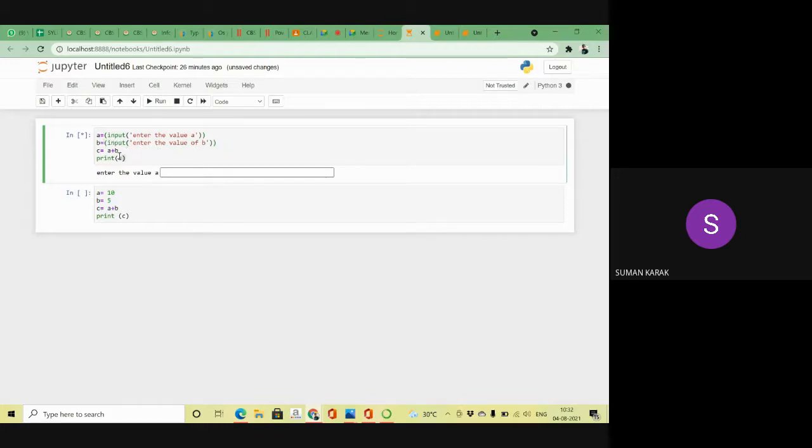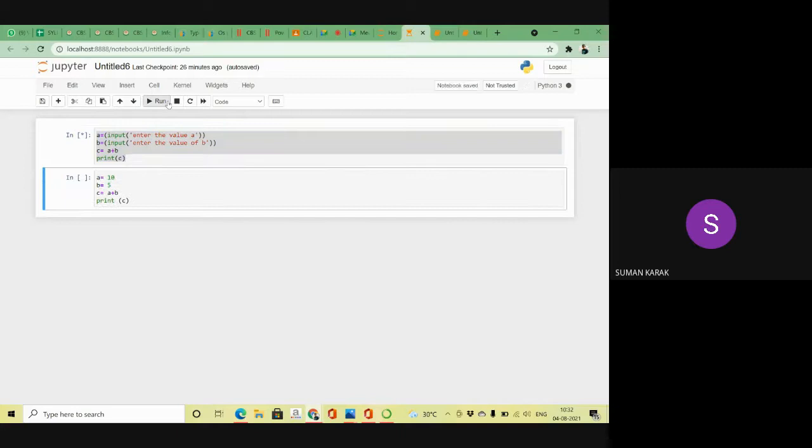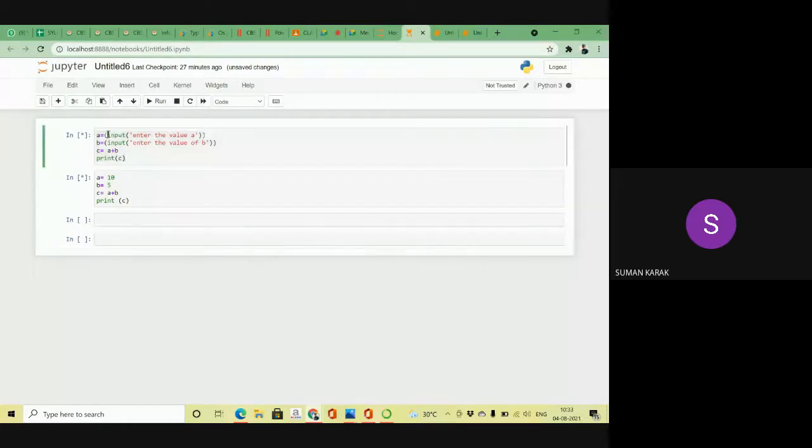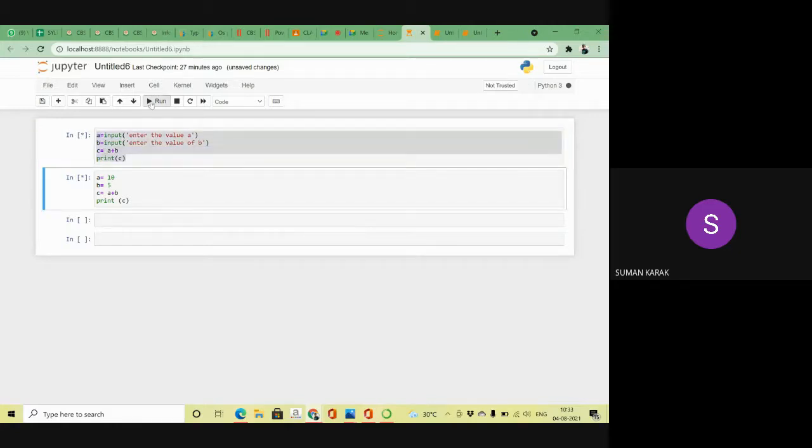Suppose I do not mention which type of data I want to take from the user.